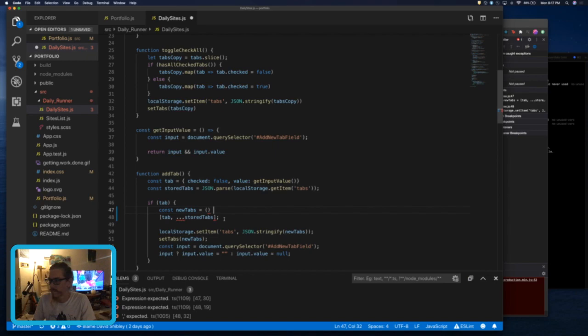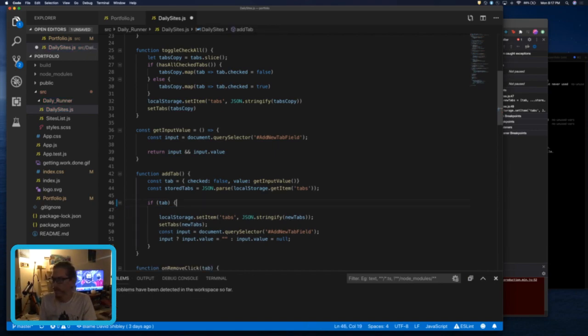Or actually, we're going to say if stored tabs, and then we'll say,